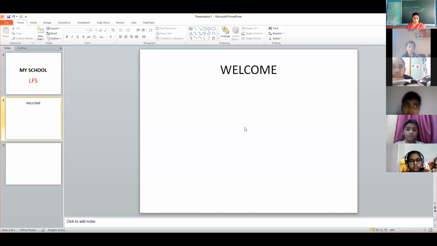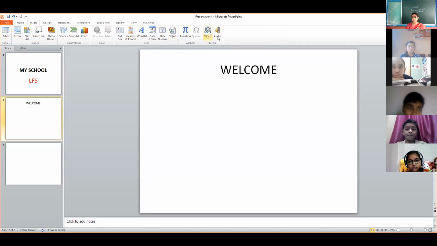Then the next step is select the insert tab. Which tab we have to select? We have to go to the insert tab. Now you can see here so many options are available. On these options, you can see at the end, audio is available. Yes, it's very clearly written here. Select the insert tab and click on the audio drop down arrow in the media group. You can see media is written here. Yes, and a drop down arrow is there. So when you click here, you will find these options.